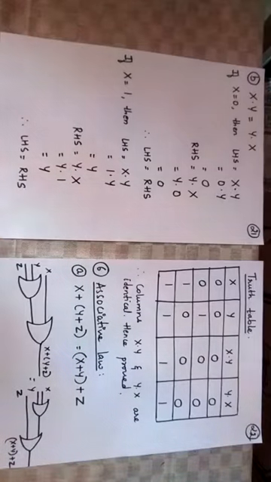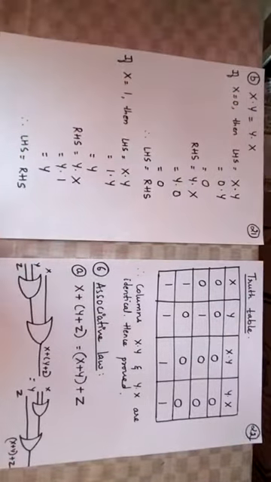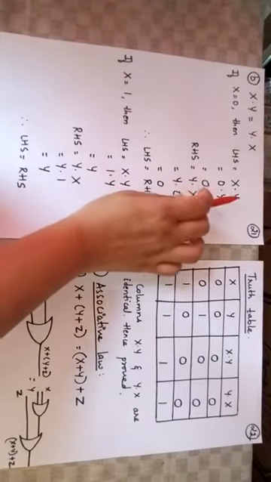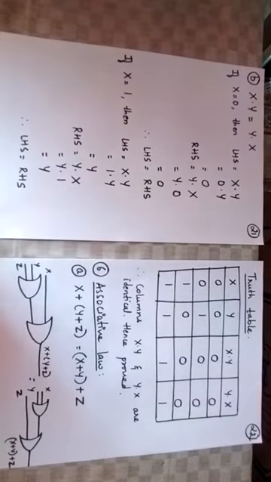Yes. Now what is the next commutative law? It says x dot y is equal to y dot x. Now take if x equals 0, then on the left hand side we have x dot y. Replace the value of x with 0, keep y as it is. 0 dot y results in 0. This is because of the properties of zeros and ones. That is the first Boolean theorem.